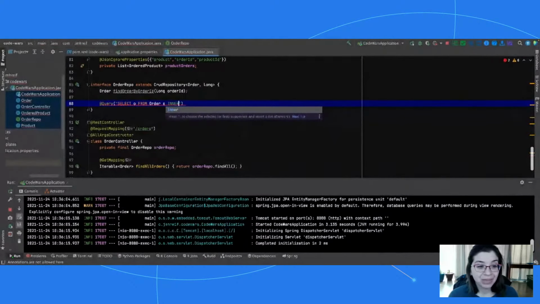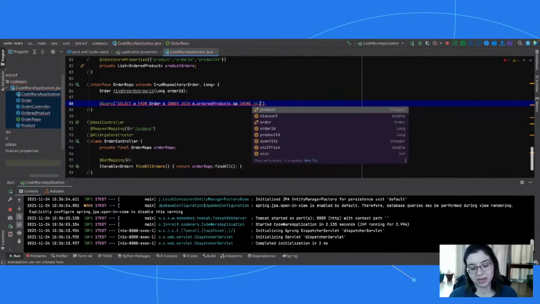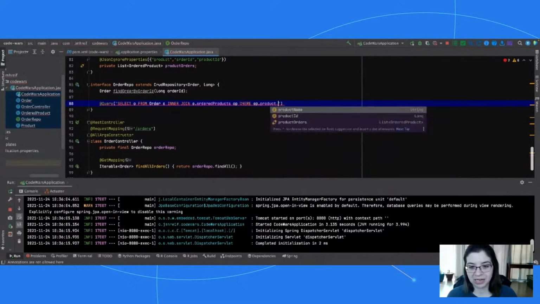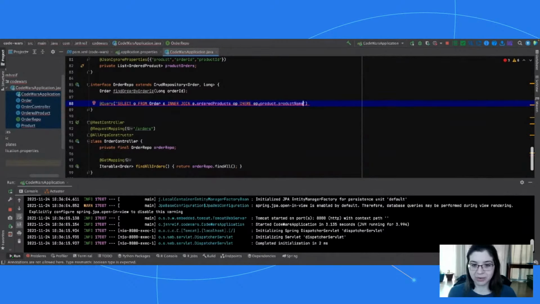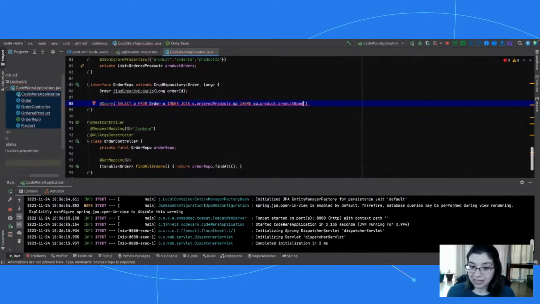Now enter join o.orderedProducts op where this is my join. I'm going across that ordered products table, that middle table there, where op.product.productName. So grabbing the ordered products join association table, and then pulling the product field off of that. And then in the product field, it goes on across to the product table, which has product name as a field there. So it's kind of this long series of chaining things together.